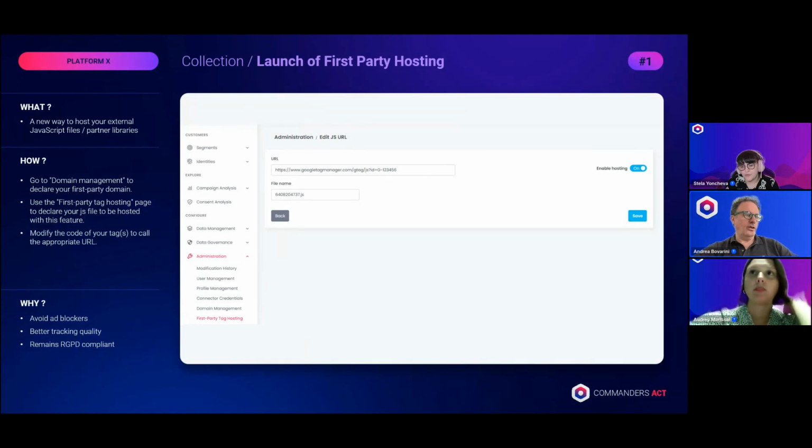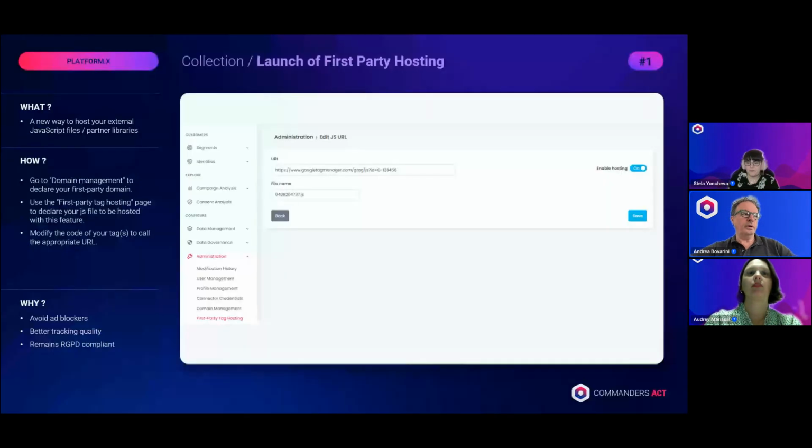No, we have lost Stella. I think she's frozen. In the meantime, while she's coming back, you can see on the top right there is a number. If you have any question on a specific topic, you can just mention the number.